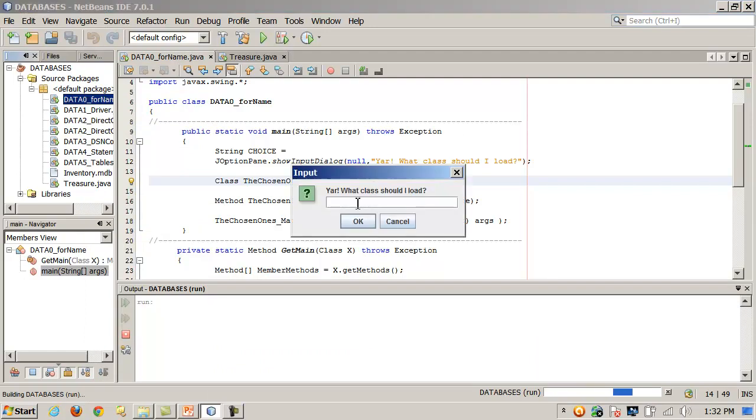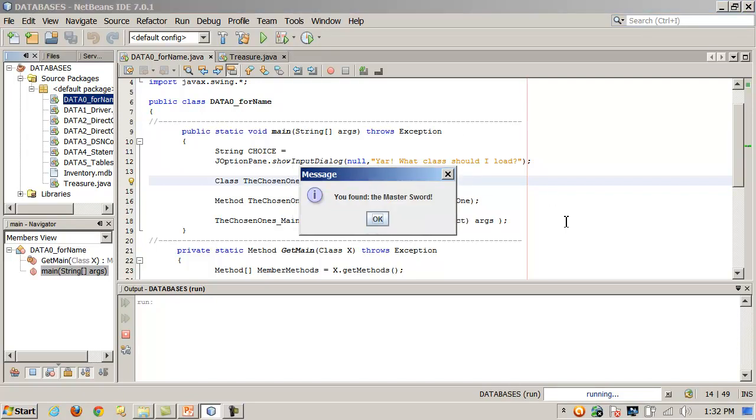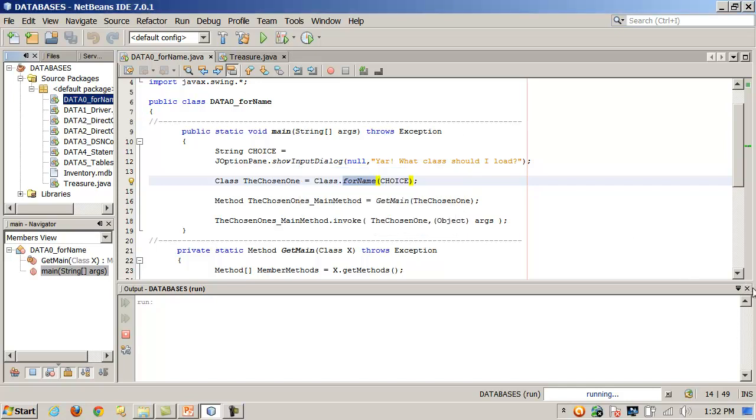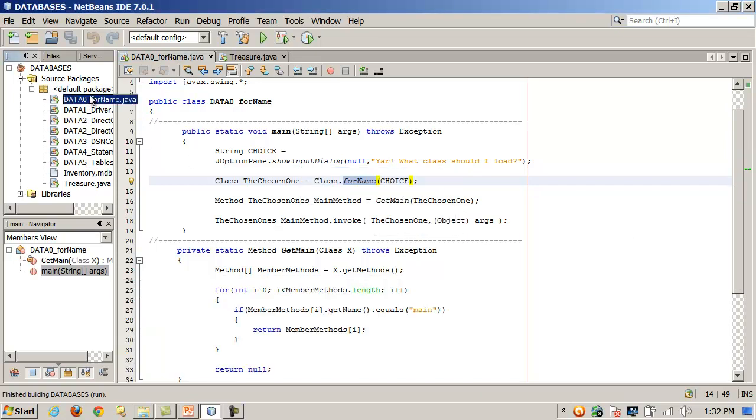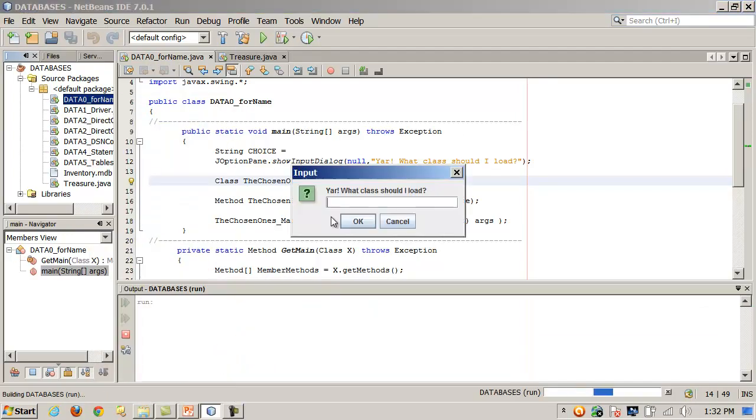And it's going to ask me, well, what class should I load? And I'm going to type in treasure, the treasure class. When I do, it loads the treasure class and it says, you found the master sword, yay! Now again, if I were to type in something that it couldn't find,